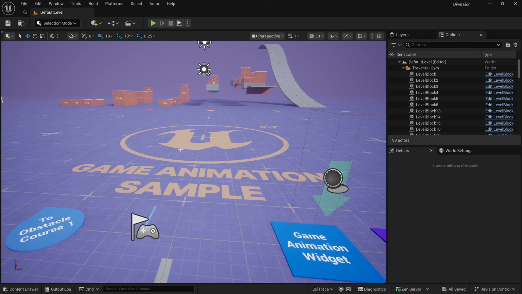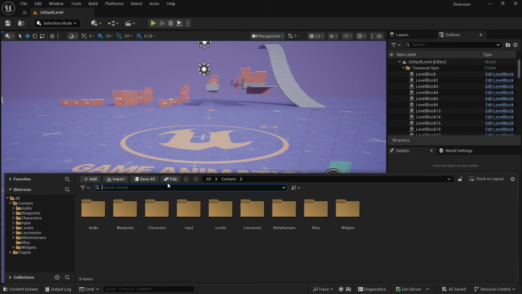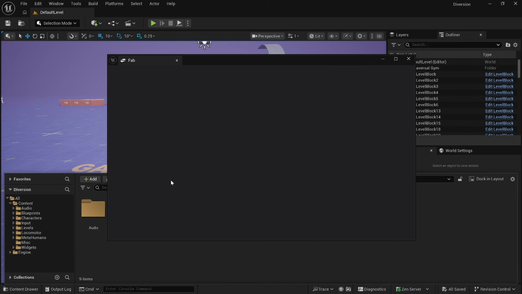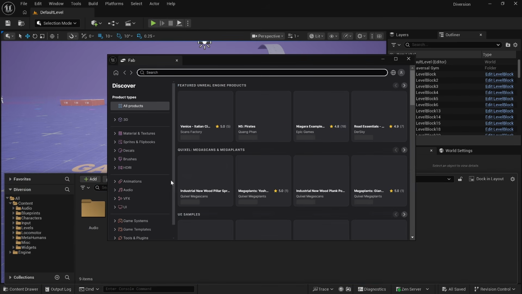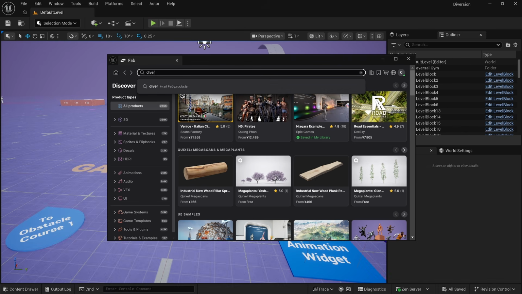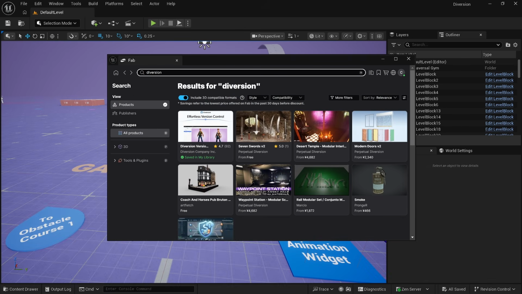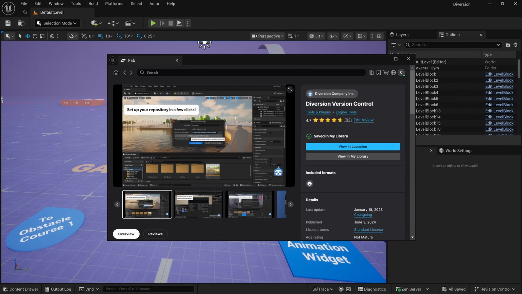Now back in my Unreal Engine project on my desktop, I can just open the content drawer and click on Fab to install the Diversion Fab plugin. I can simply search for Diversion here and hit enter, and you can see here Diversion version control is one of the first things that should come up, and you can just double check that it is Diversion Company Inc. For you, it should probably say free or something like this, and you can click it to add it to